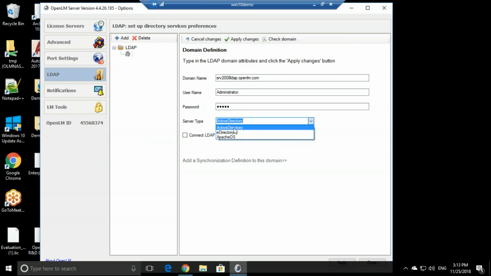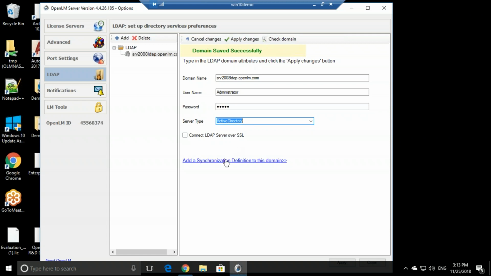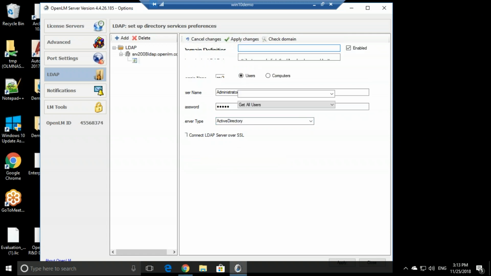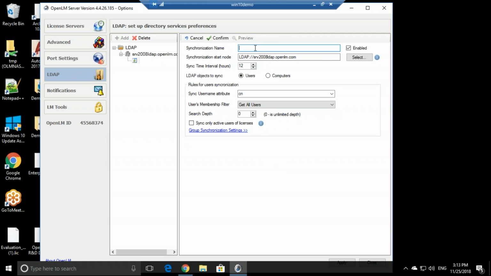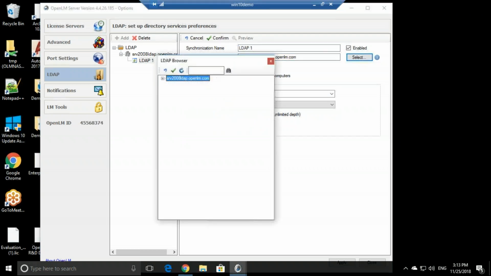Now the type is Active Directory indeed, but we also have eDirectory and Apache DS. So Active Directory, check domain, and apply changes. Now click here, add a synchronization definition to this domain. Now we'll just call it LDAP1. Now let's click select,